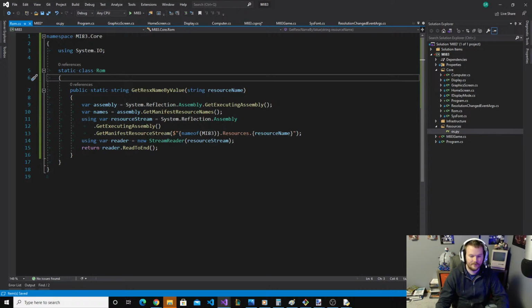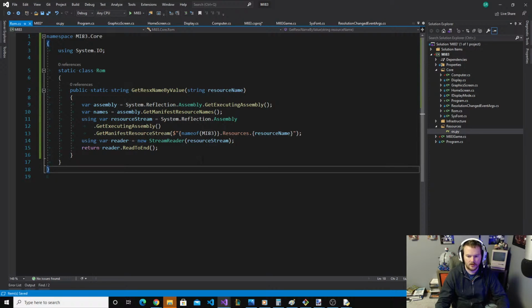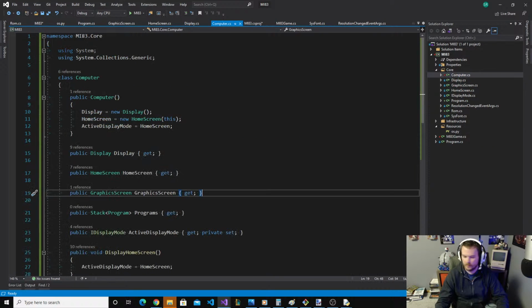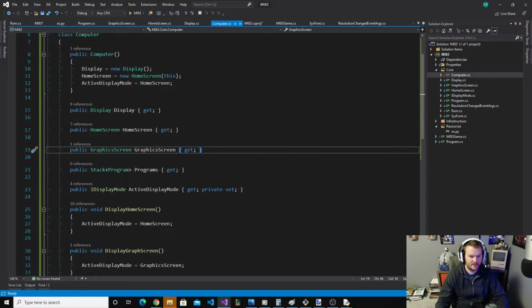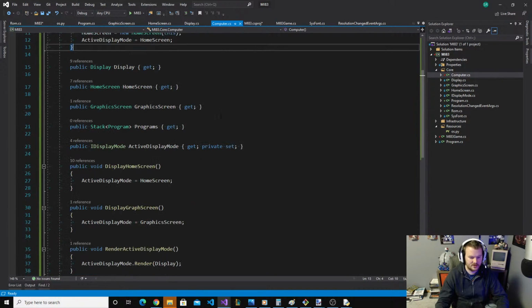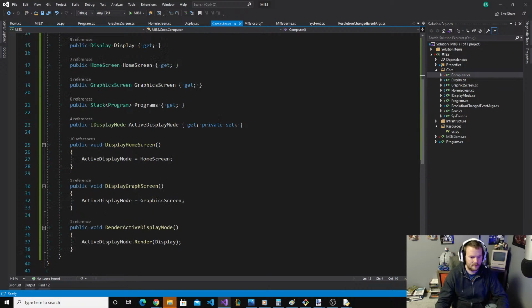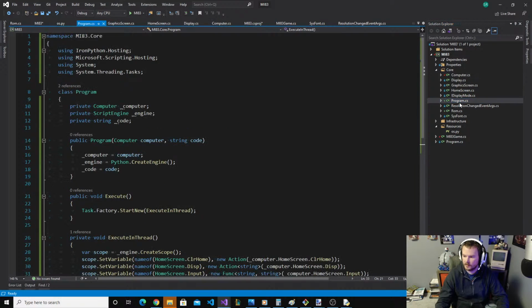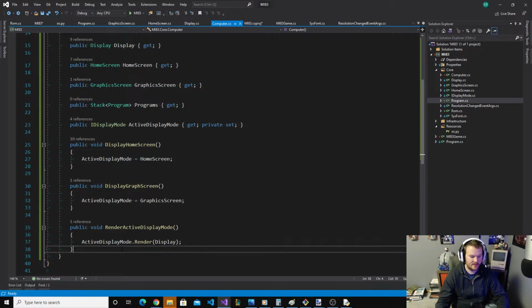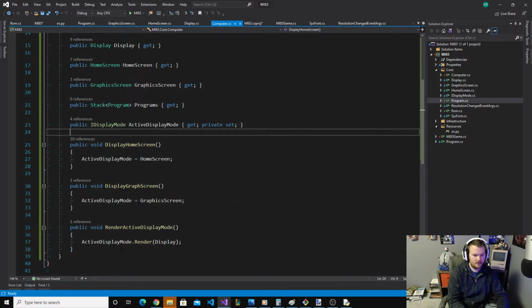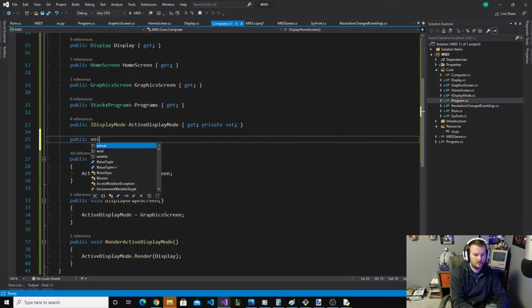So this will be stored in here. Hopefully that'll work. So when the computer boots up, it needs to get the code from that, and then it needs to run a program. So the program gets it here and executes it. This might break, but we'll see what happens. So I think PGRM was actually the command in